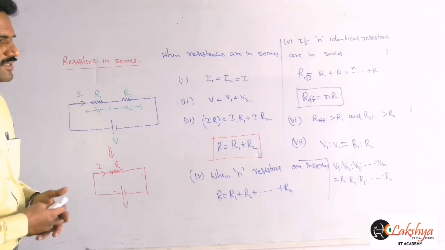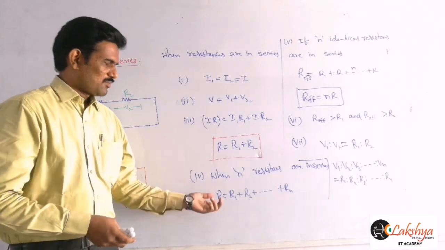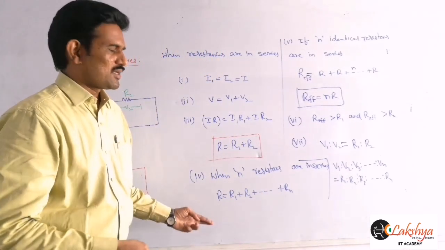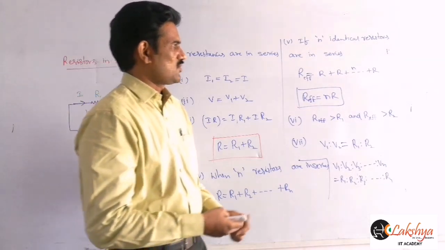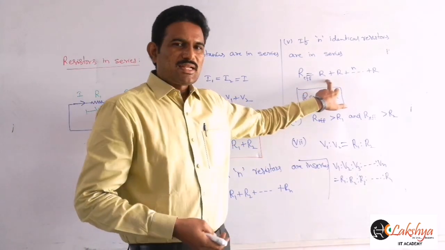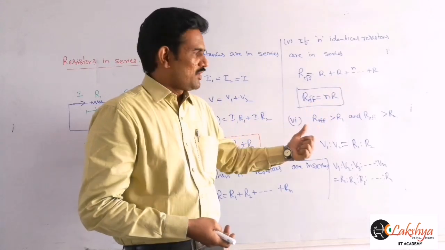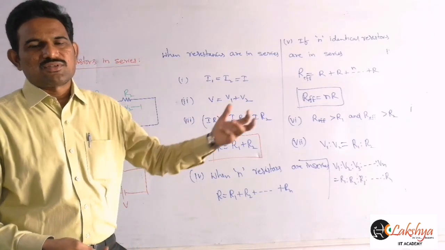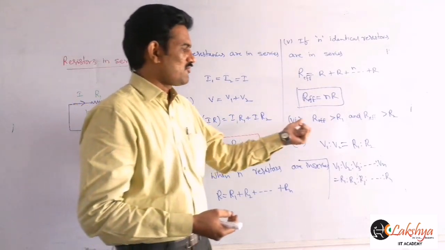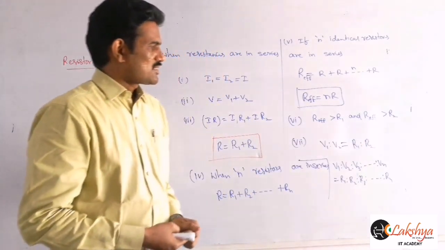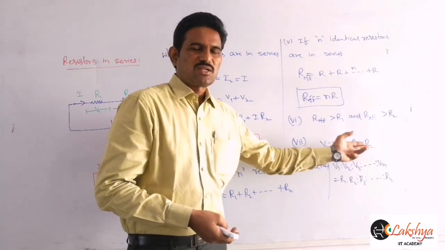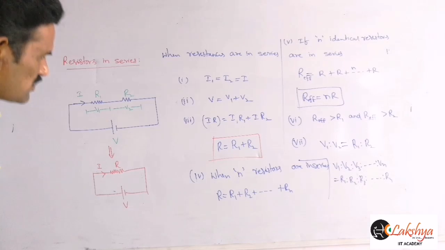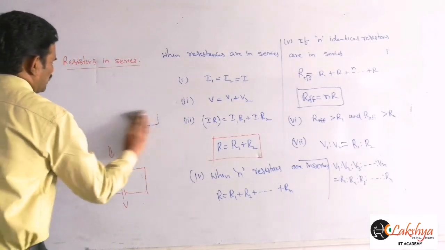So you now know the basic points regarding this. You can remember these values. When different n number of resistors are joined, you can consider R1, R2 and so on up to Rn. And similarly, if n identical resistors are joined here, you can write nR directly. And finally, what we can conclude is that when the resistors are joined in series, the resistance of the circuit increases. That means its effective value will be greater than either R1 or R2. And similarly, the ratio of the potential differences is the direct ratio of the resistances, right? And next, similarly, let us see when the resistors are joined in parallel.